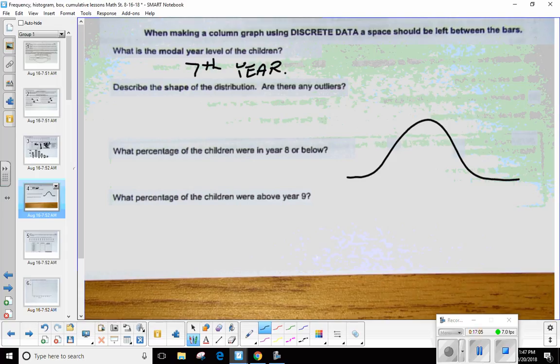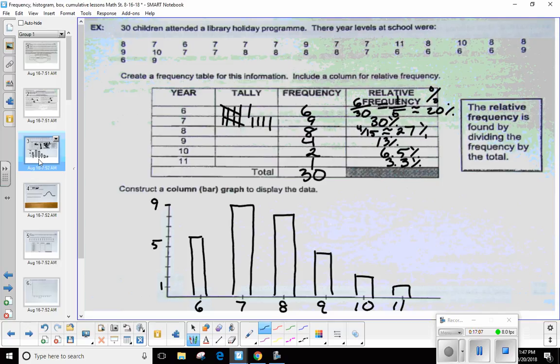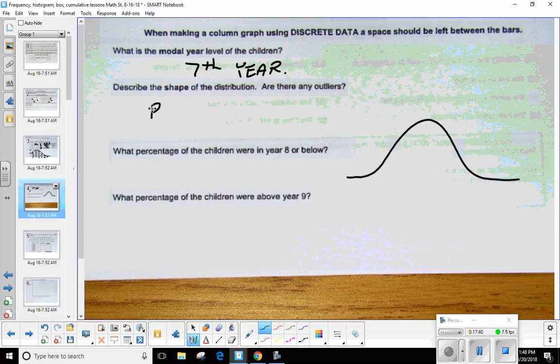That's when we say data is normally distributed. If I were to put a smooth curve connecting the top of the bars all the way across, you'll notice it's not exactly symmetrical. The way it is here, we're going to say that it's positive or right skewed, because if the majority of it is on the left, then that's a positive or right skew. What would happen if the majority was on the right side? That'd be a negative or left skew. So this is a positive